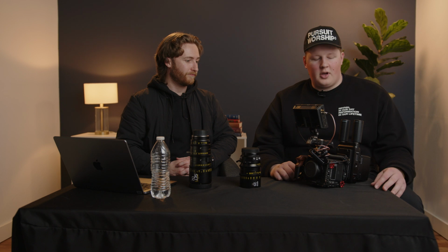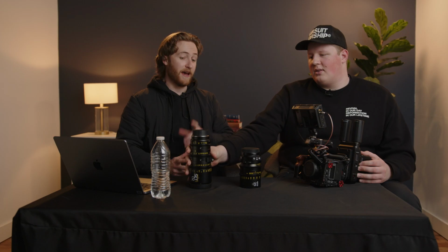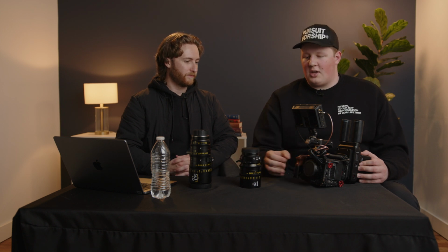Process for setting up a camera, I guess, quickly just going through it would be grabbing the battery first just to kind of weigh down the camera and then going to the lens. If you just went directly to grabbing the lens, it's just going to be off balance. The battery kind of helps it stay stabilized. And then going with these EF mount lenses is just so much easier connecting, because most